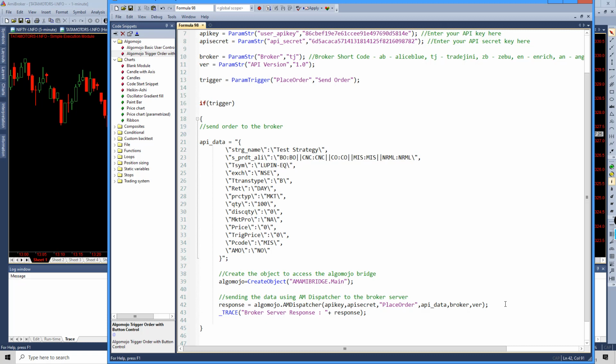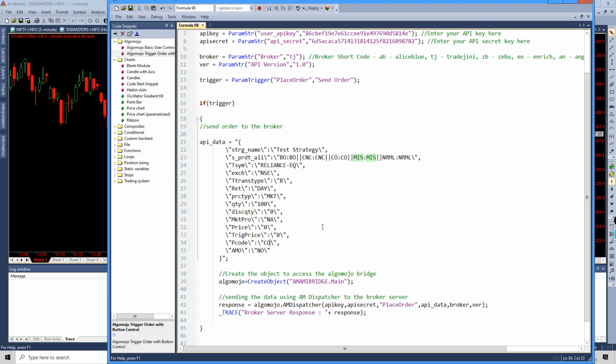In case I want to send a cover order, let's say I'm going to send a cover order to Reliance. So I'm going to change the name of the stock to Reliance and the exchange as NSE. For a cover order, I need to send two orders over here. One is a market order, and along with that, I also have to send a stop loss order. So a cover order is basically a two-legged order. In this case, I have to set the product code, P code, as CO. CO stands for cover order.